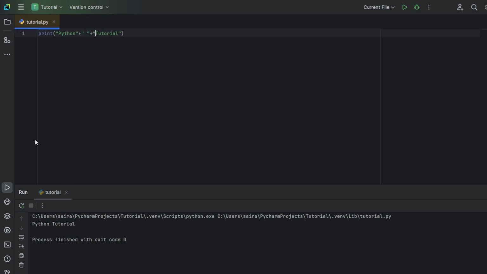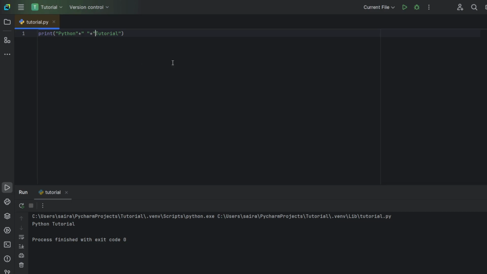So from this, we can understand that the plus sign simply concatenates. Concatenates basically means it glues together the two string arguments into one. Of course, like its arithmetic sibling, it can be used more than once in an expression, as we've seen here. Over here, we use the addition symbol 2 times. And also, it uses left-sided binding, just like the addition which we've learned before. It does not print tutorial Python. It prints Python tutorial.